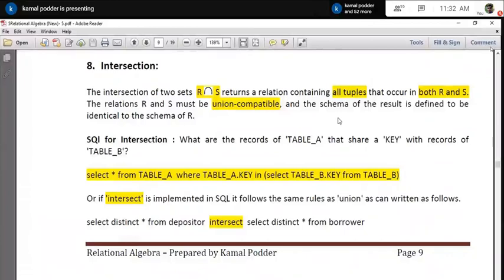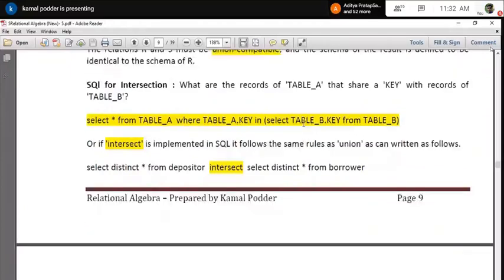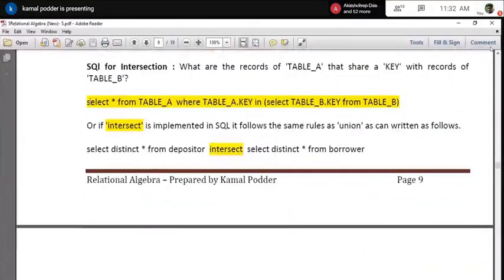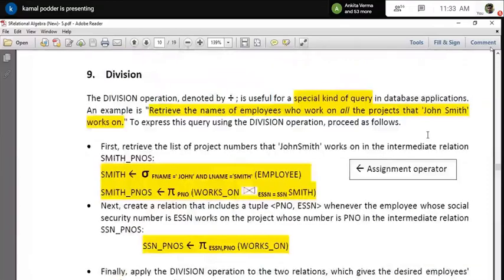In intersection, it is available in both relations. So intersection should also follow union compatibility, otherwise you cannot do it. In SQL, earlier the intersect clause was not there, but nowadays the intersect clause is there, so you can also write it in this way.